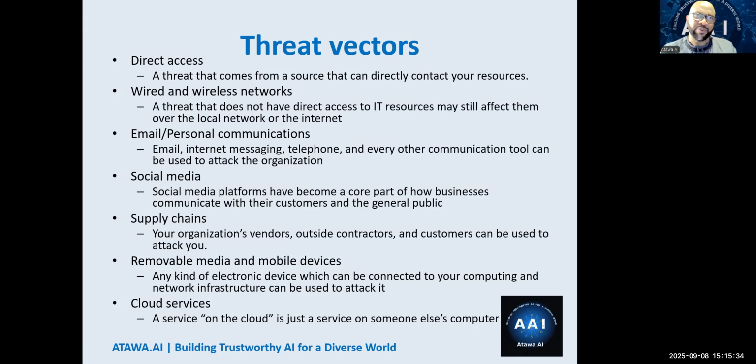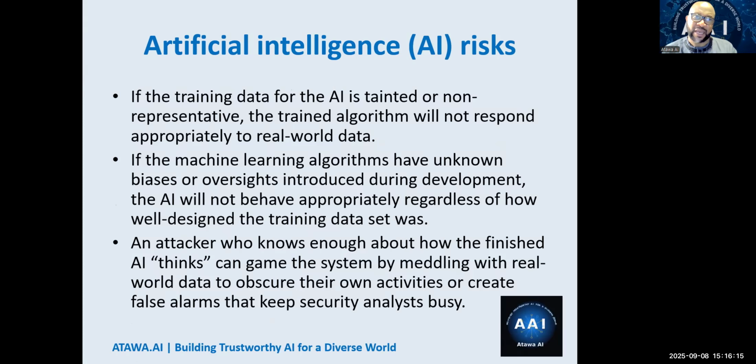When you're thinking about how people can attack your network, the vectors, which means the pathway, could be that they have direct access, they can use wireless or wired. Of course, email is always a good one. I send you an email because people are always going to click, right? Social media, because people are using media, and of course supply chain, where you buy something from a manufacturer and don't know that inside the software is some kind of malware. Of course, USB removable media and cloud services using AWS, Microsoft, you don't know that could be a way for them to attack you, right? So there are just many ways that attackers can get to you. I'll call them the vectors for attack, right?